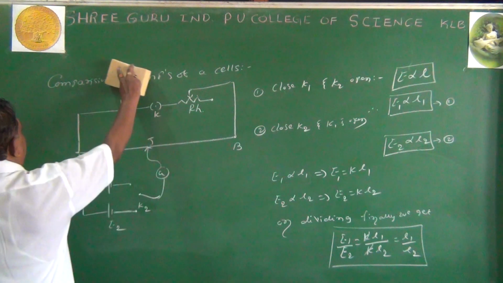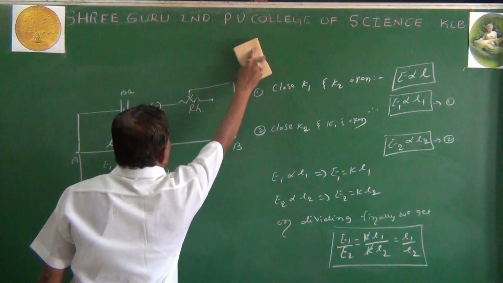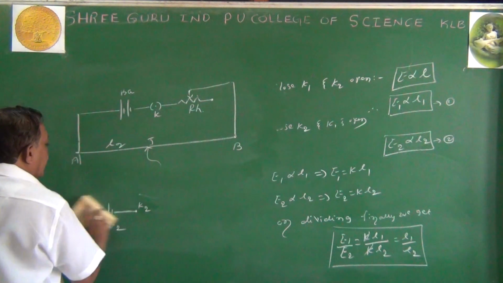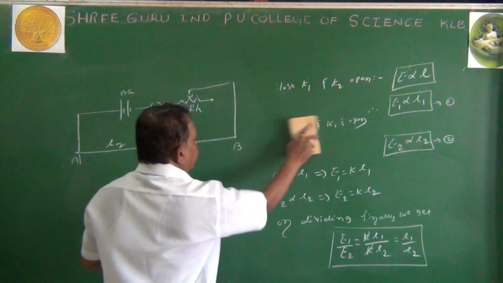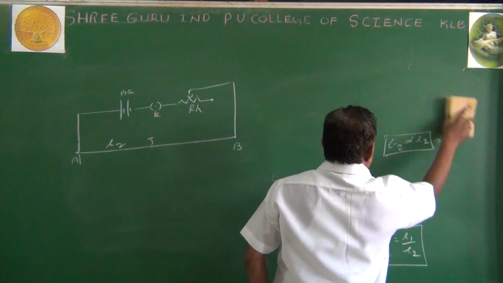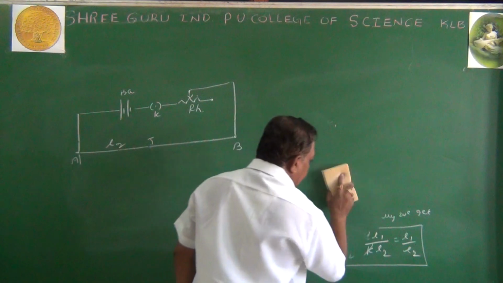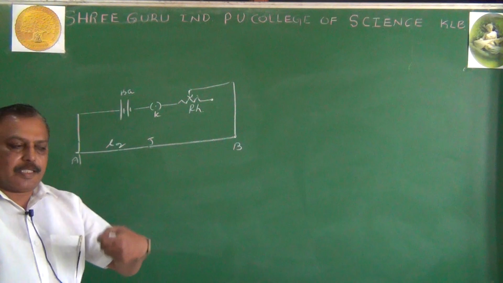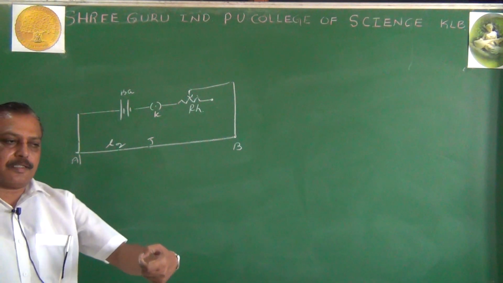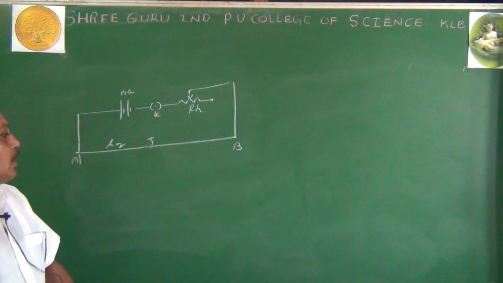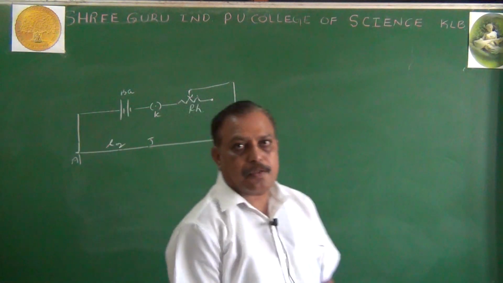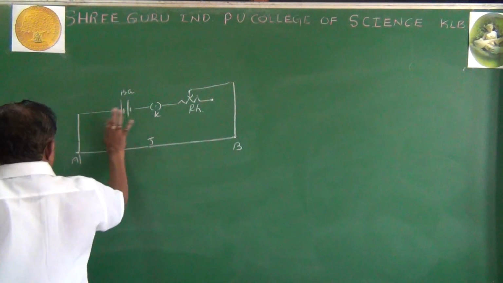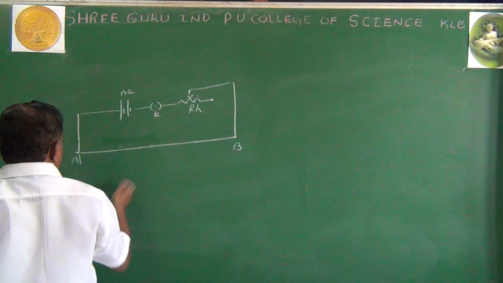The potentiometer is used to know the internal resistance of a given cell. It means that I have taken a single cell. And what is that internal resistance? Just by simply holding the cell in our hand, we can never say that this cell has its own internal resistance like this, unless we go for the experimental evidence with the potentiometer. So now this is our primary circuit as it is. I do not alter anything for the primary circuit.